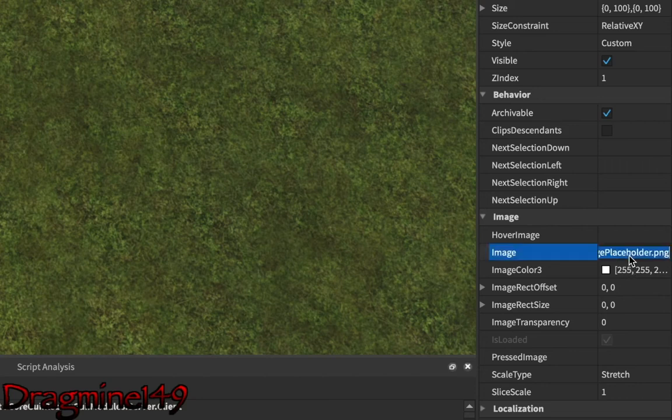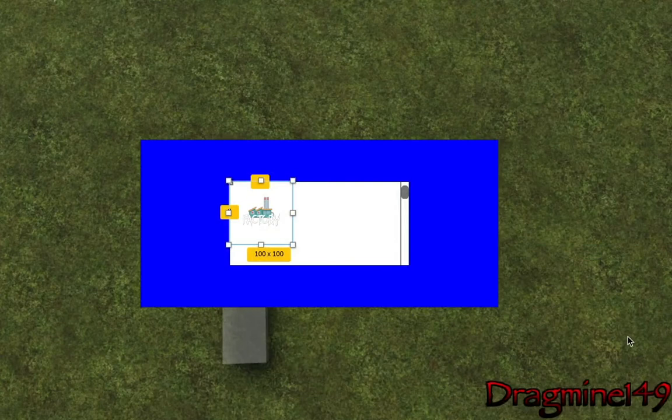Now in here, what you're going to have to do is type in the image ID. So once you type in the image ID, it will change, and as you can see, it's a picture of our factory.